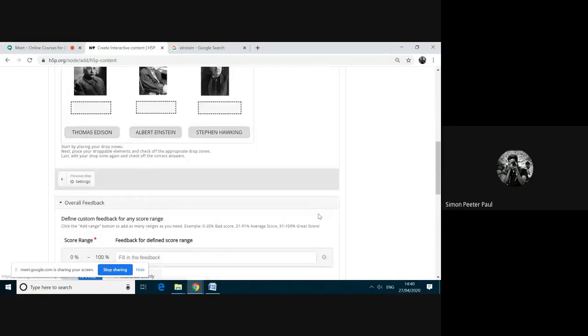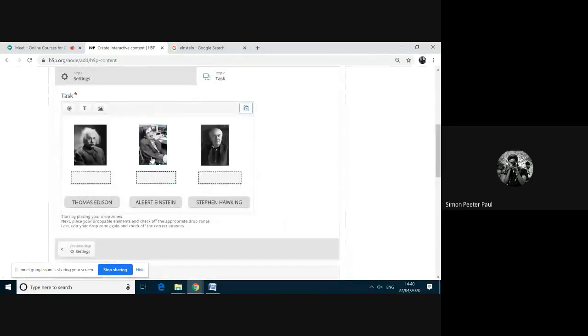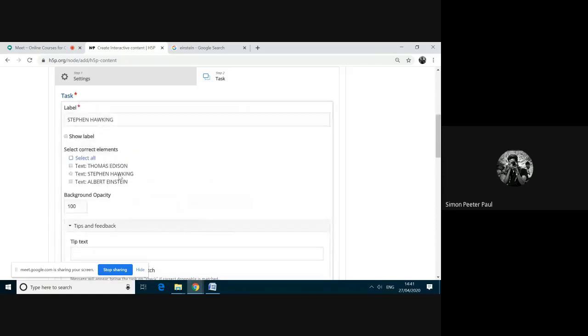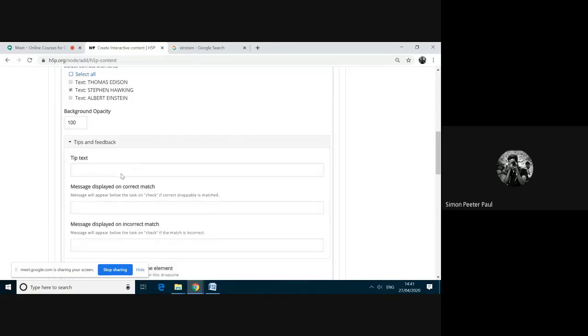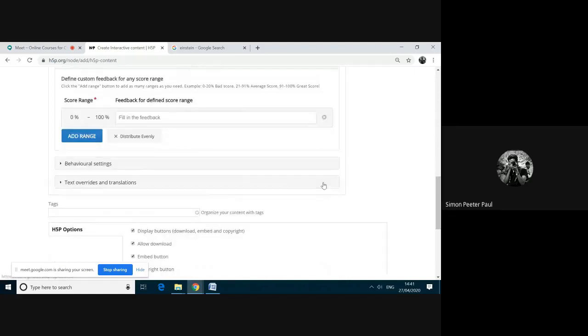The same way, I'm going here for the Stephen Hawking. This button has to come here. I'm double clicking this Stephen Hawking and then I'm selecting this Stephen Hawking. This is the right answer there. I'm moving down and I am clicking done.